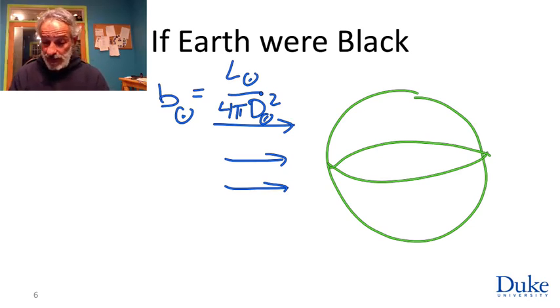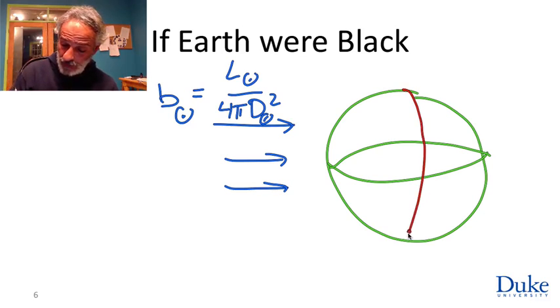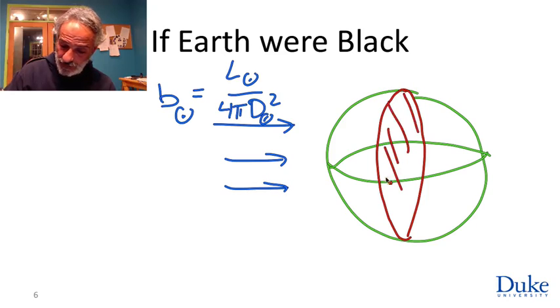Now, how much of this light does the Earth absorb? Well, it's clear that only half of the Earth at any given time is absorbing any light at all, because the right half of the Earth is not absorbing anything. But it's also true that radiation is not uniformly absorbed; it depends on where you are on Earth. In this equinoctial configuration, light is absorbed most efficiently at the equator,